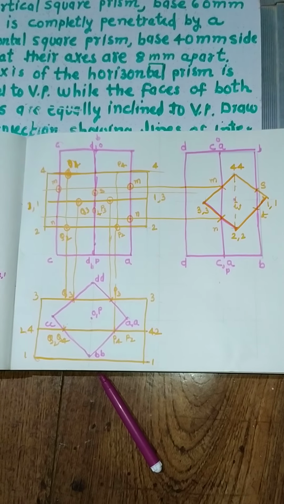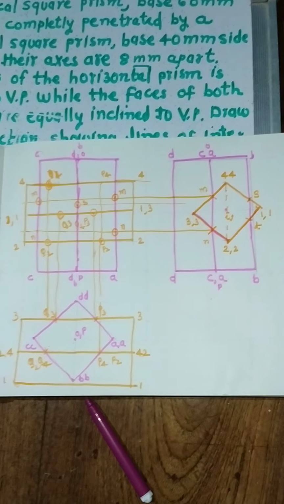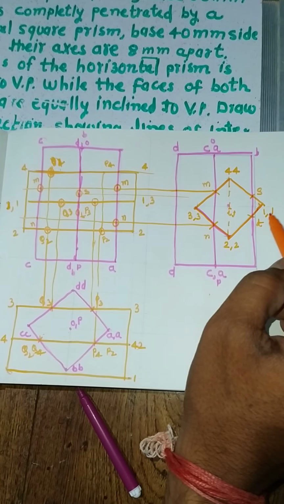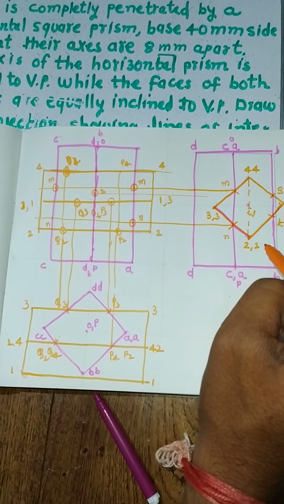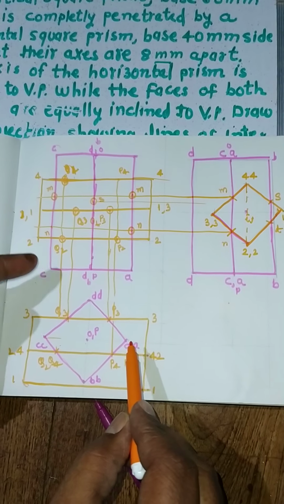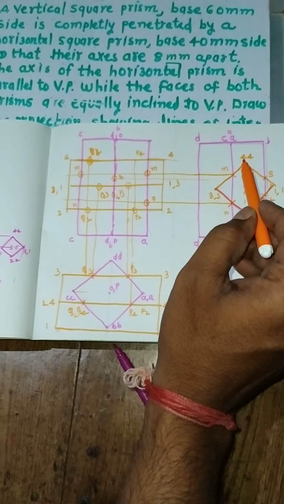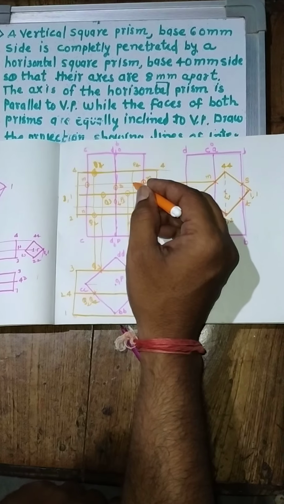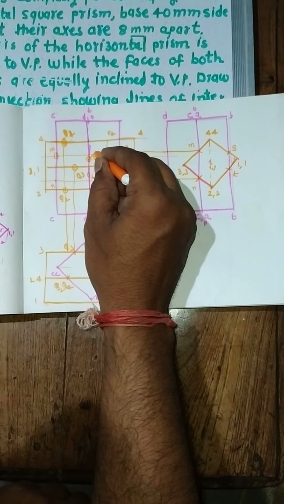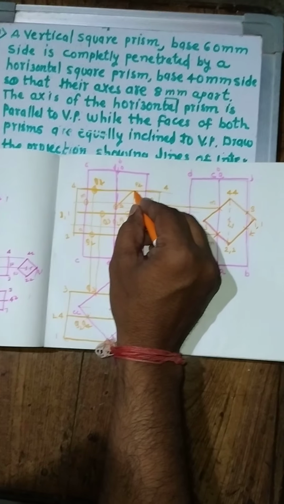Now I will draw the line of intersection. How will the line of intersection be? I will start from S4 and T2 will be seen by the observer. That is this much portion; behind this portion will not be seen by the observer. So I will start from S. Where is point S? At the entry side, point S lies. I will draw the line S to P4. Here is P4. After 4 it is M, which will not be seen.